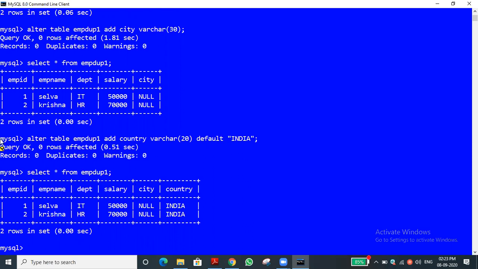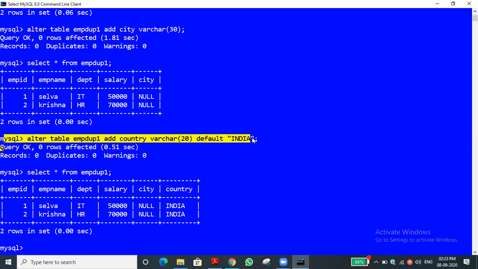In the last code, I'm highlighting in yellow. You can see alter table, we are adding one more column to it. In this we are using the default constraint. I already said I will see each constraint one by one later. So default constraint: which value we want to automatically set, for example instead of null, India, the value which we give will be present in the table. Have you understood this?